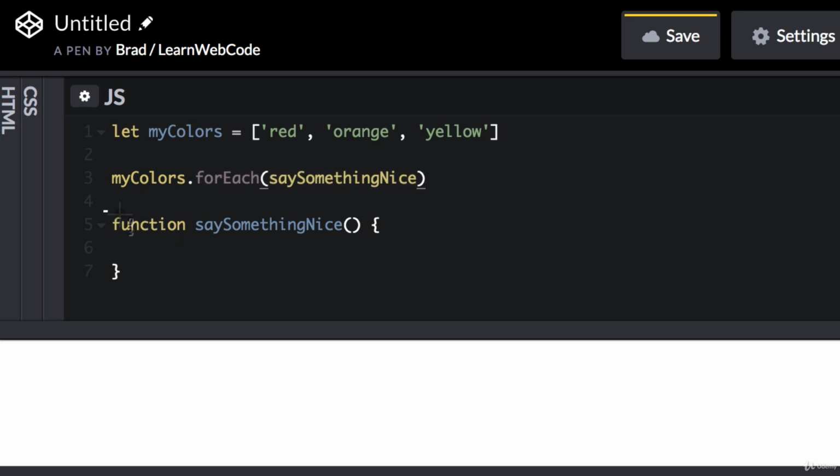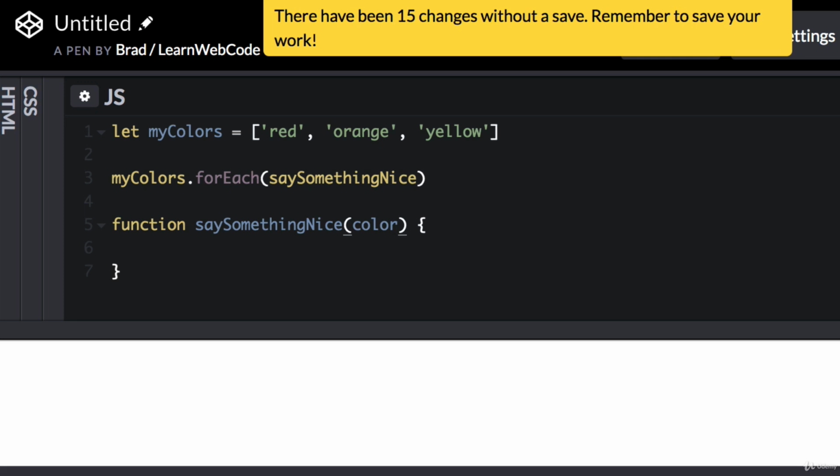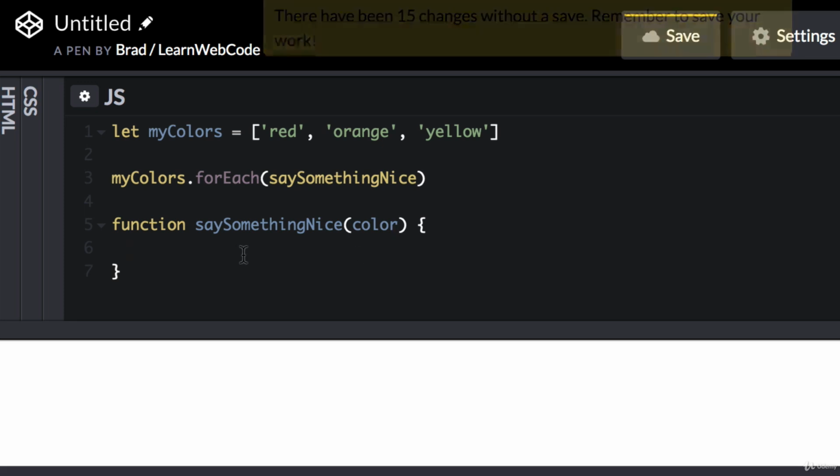So now check this out. Down in the actual function definition, within these parentheses, we need to create a parameter. So you could just say X, which is easy to type, or we could say color. The name of the parameter doesn't matter. But then down here in the body of the function, let's say